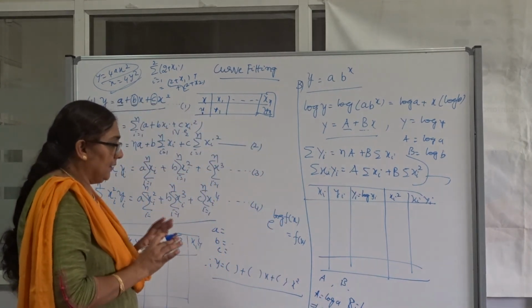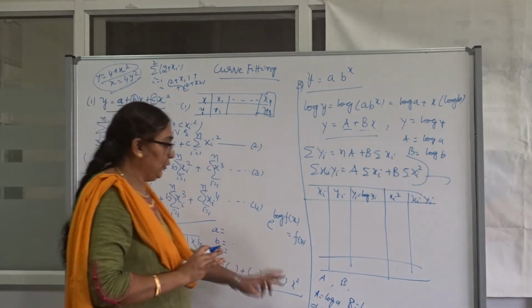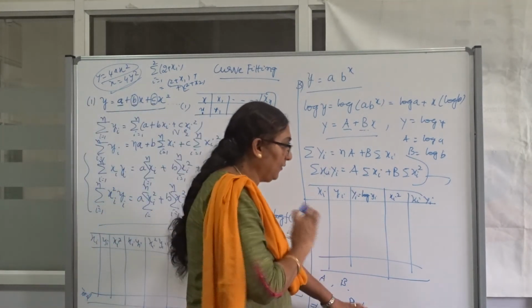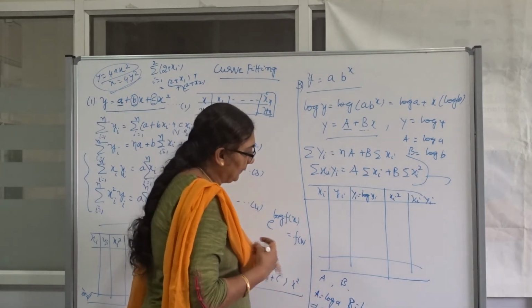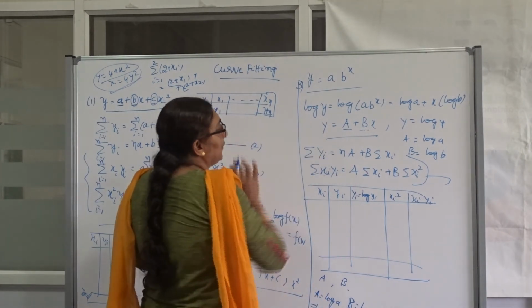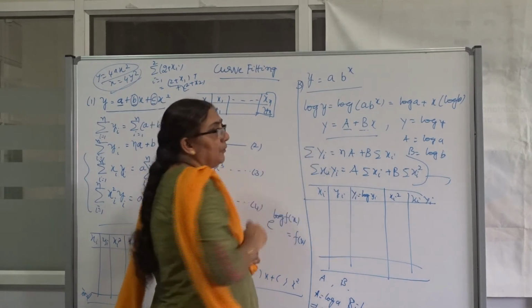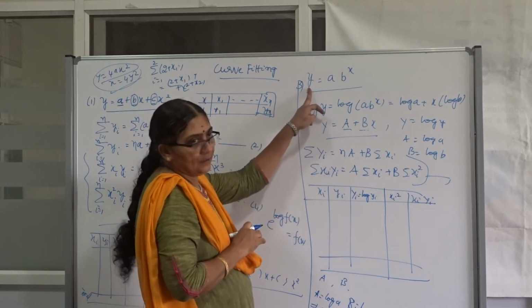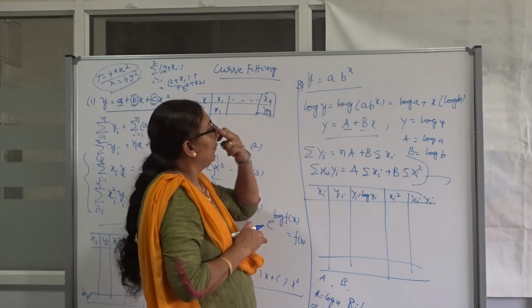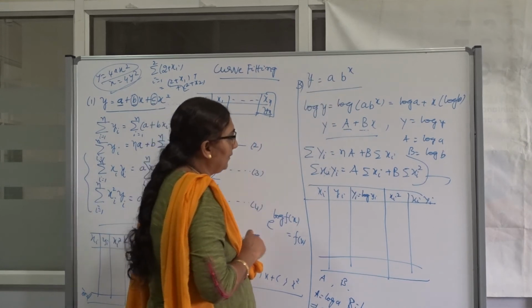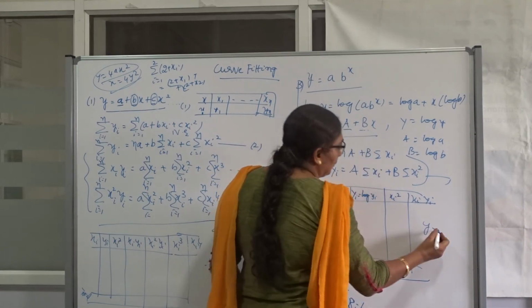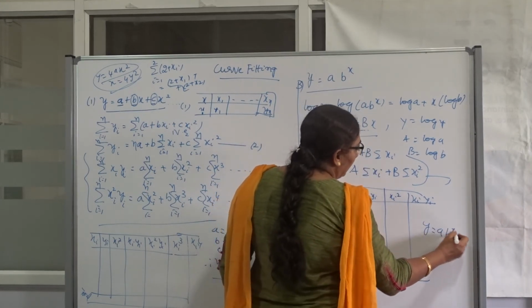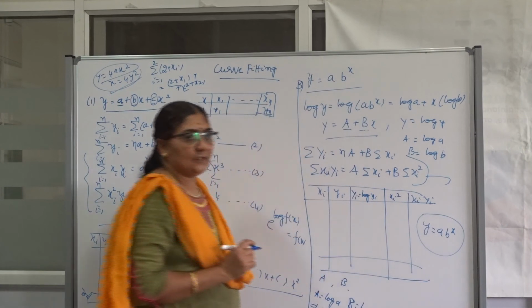Now you have to substitute the values of small a and small b, not capital A and capital B. Just take the exponential of capital A and the exponential of capital B. Where am I going to substitute? I am going to substitute them in the original equation for a and b. Once you substitute a and b, we get the general equation, the best approximation equation of the curve y equals a into b power of x, by using the method of least squares.